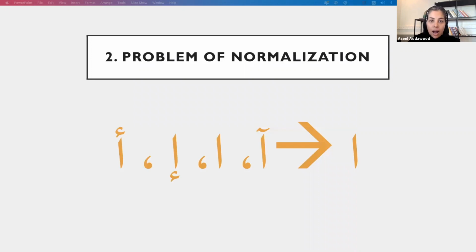This is the letter A, the first letter in Arabic, letter Alif. This is the whole structure, these are the different ways of writing the letter A. And there are other ways of writing other letters also. So that's one of the problems: how can I normalize that letter? How can I normalize each letter in Arabic, especially with different wordings?